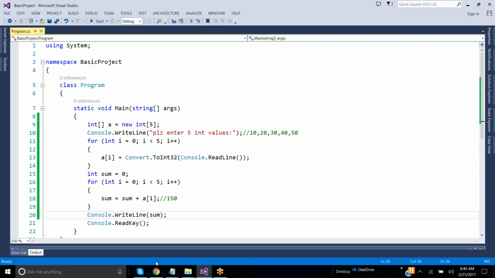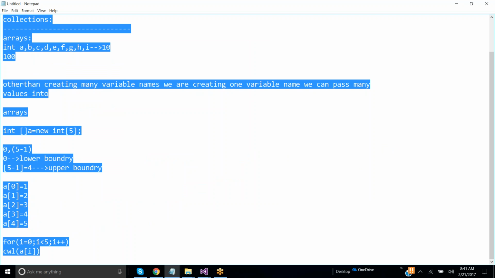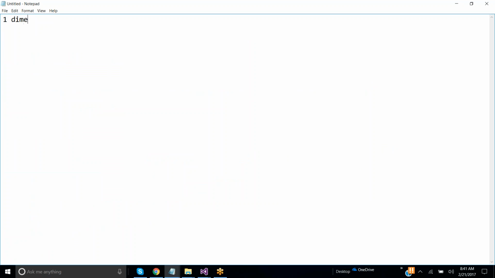Completed? Completed, all of you? Yeah, completed. Shall we see another example now? Whatever type of arrays we have seen, that array we call a one-dimensional array. Okay, one-dimensional array. Now we are going to discuss two-dimensional arrays. Okay, fine, all of you. We're going to see about two-dimensional arrays. Now,